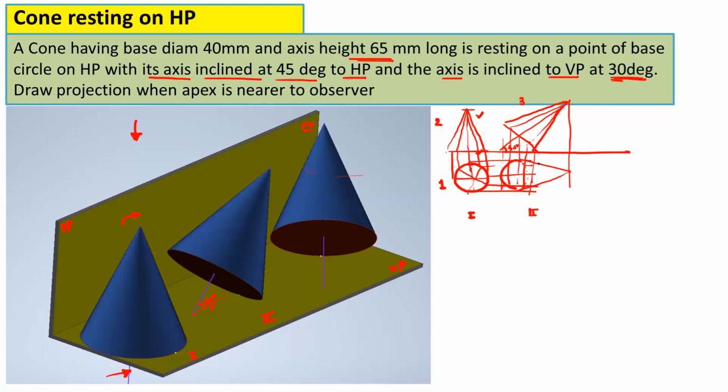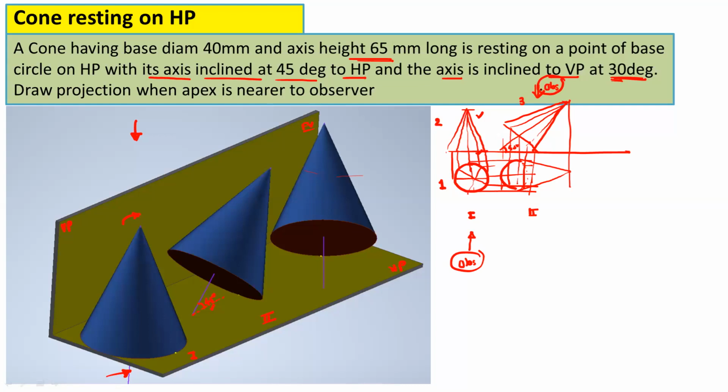Okay, so some part of the base circle, it will be hidden because it is away from the observer. So in the second step, this is the position of the observer. In the first step, this is the position for the observer. So you will start from the first stage top view, then this is the observer, then you will complete the front view. For the second stage, just rotate the front view at 45 degree. Then this is the position of observer. So this position is important to decide the visible part and the hidden part.